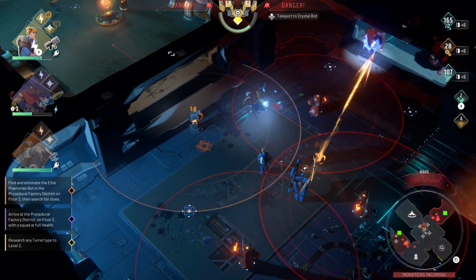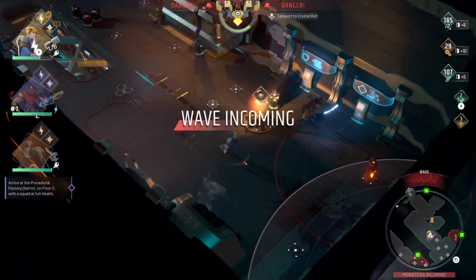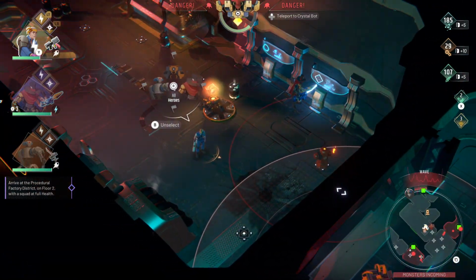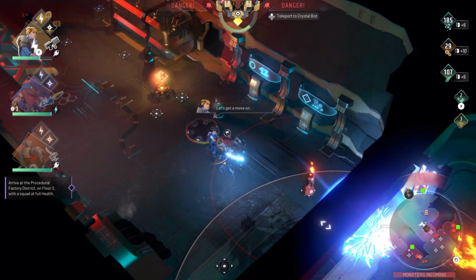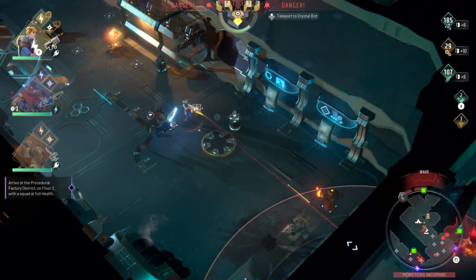The objective is to explore each floor, install generators to increase resource yields, and protect the crystal bot, the cute little robot that can open the door to the next floor. Opening doors, performing research for new turrets, or moving the crystal bot at all will trigger a wave of enemies